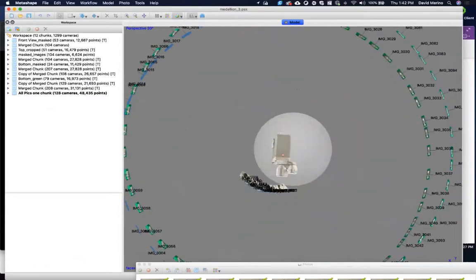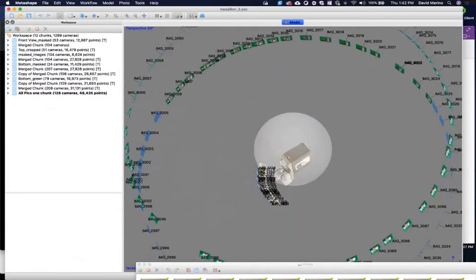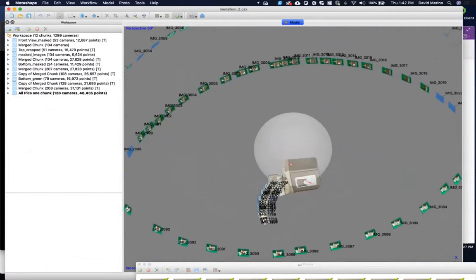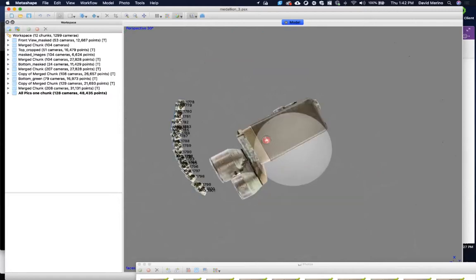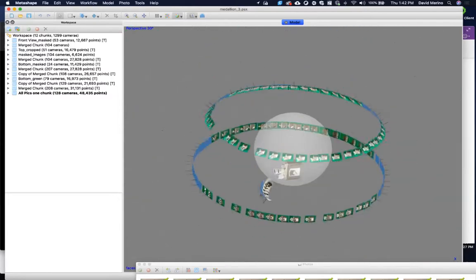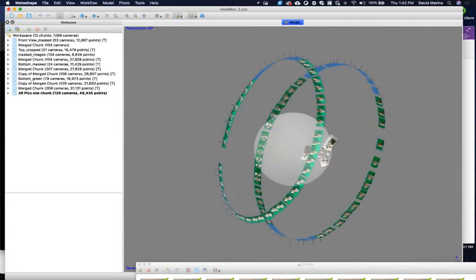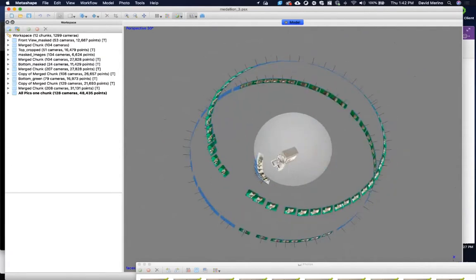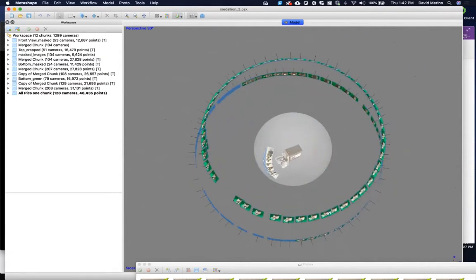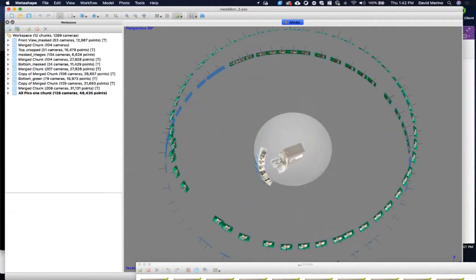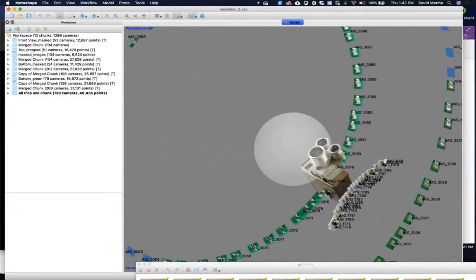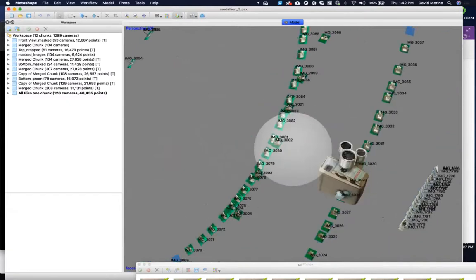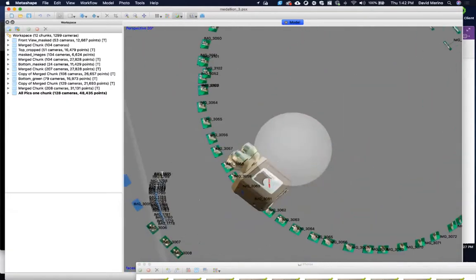What I did is I set up the iPhone on a tripod, put it underneath a light with a green background so I could cut out all the background. And you can see, again, it uses that matrix-looking thing where it looks like there's 100 cameras around it, where in fact there's just one camera that I took a bunch of pictures of. I also took pictures of the bottom. You can see that I really concentrated on the lenses because it's a really difficult model to do, with overhangs,